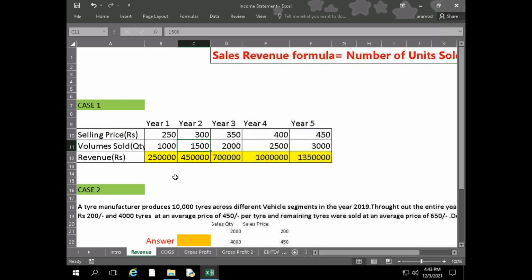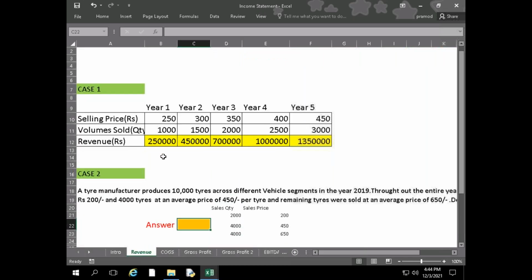So see here. In the first case, there are like 3 cases or 2 cases in the different statements. Here it is connected from one to another. So when it comes to the revenue, you need to find out the revenue. So here what I do, the revenue will be the selling price into the volume sold, price into quantity. So that is your revenue. So you can do same thing for this. So in the case 2,